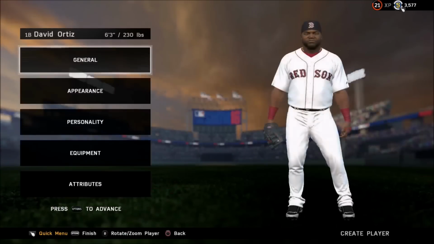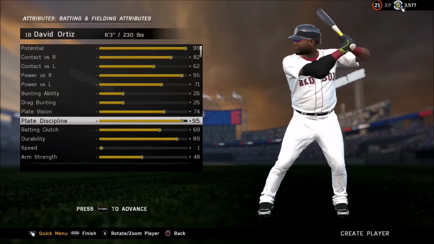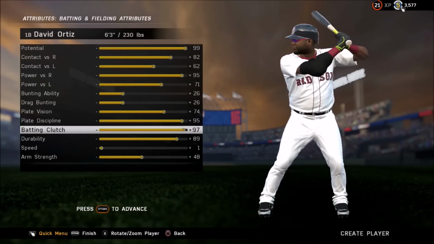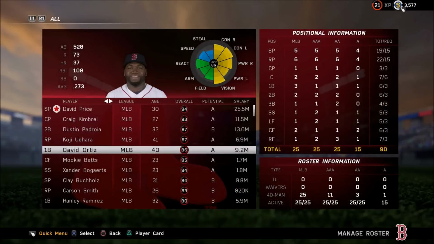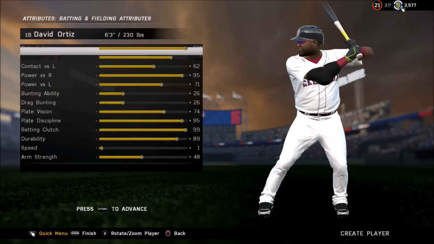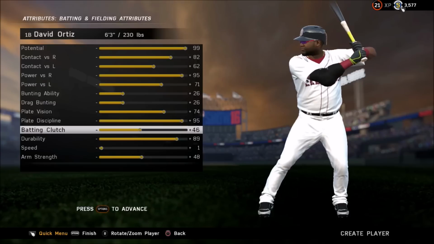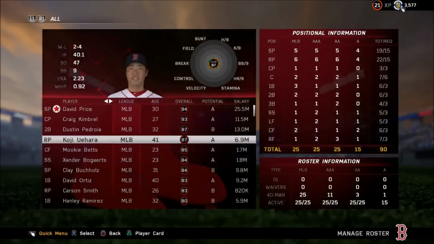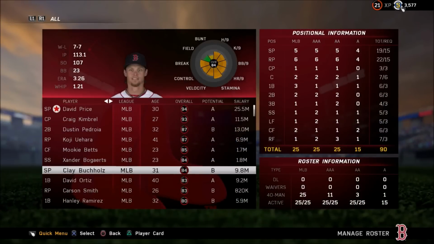First, let's show you guys what the clutch attribute actually does to the overall. Right now, David Ortiz is at 69 clutch. He's an 85 gold. Say we bump him up to a 99. All of a sudden, David Ortiz is an 86. Not a huge jump. But let's bump his batting clutch all the way down to a 0. David Ortiz falls to an 83 overall,